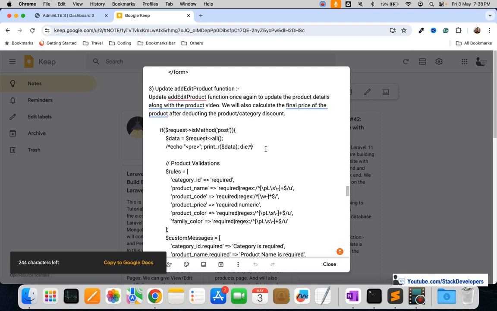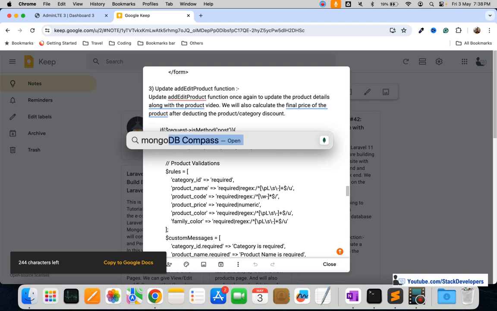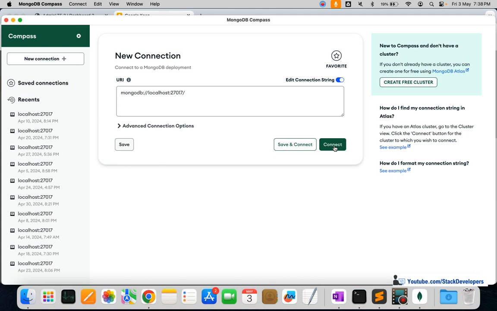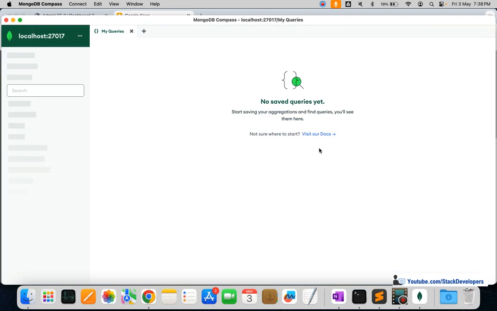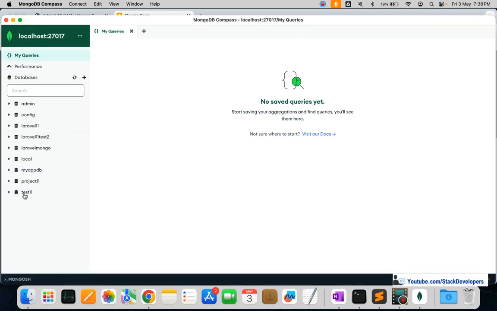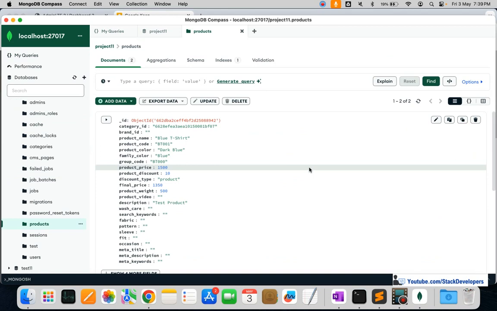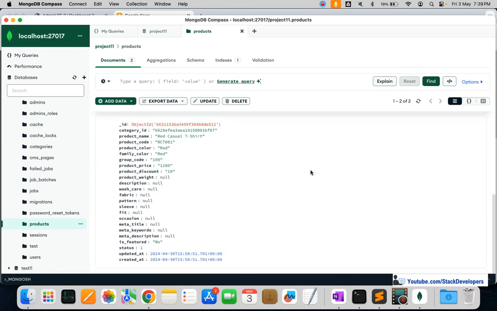We are able to fetch the final price, and I am going to open MongoDB Compass as well, so that we can check the information after the audit. We can check there whether it is working fine. We are going to connect, and after connecting we are going to open the project 11 database. Here we will open the products collection, and you can see two of the products that we